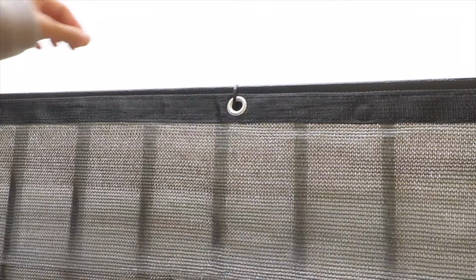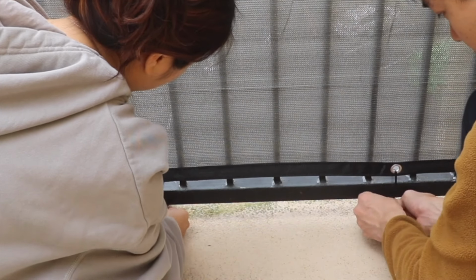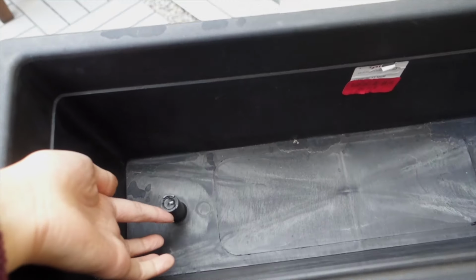For the rest of this video, I wanted to share some updates that we've made to the balcony and share the reality of how things have been holding up since the makeover. So the biggest change is that we've had to remove the privacy screen. Our HOA told us to bring it down because we're not allowed to hang anything onto the railing, though they have not said anything about the rail planters, so